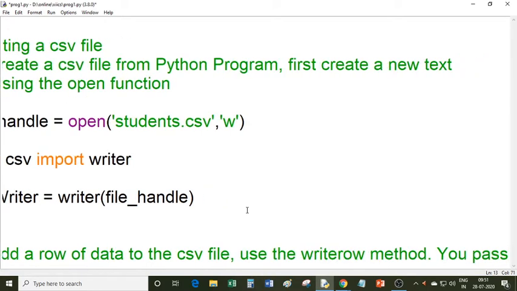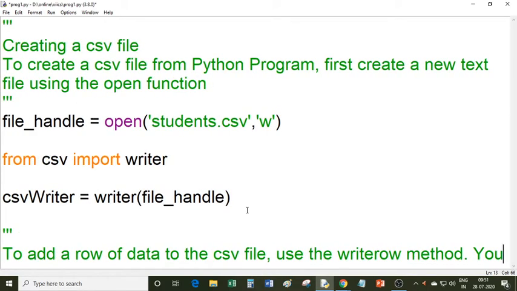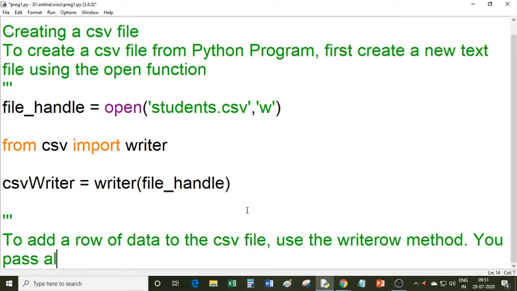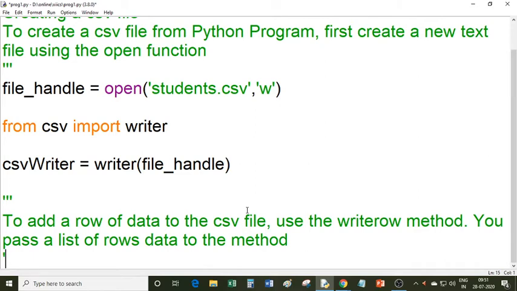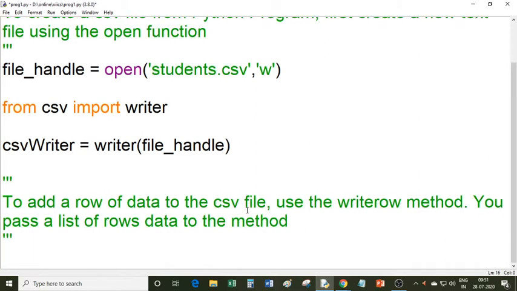You pass a list of row data to the method. So with the help of this CSV writer, you can write rows. How can you do that? Let's see, csv_writer.writerow.